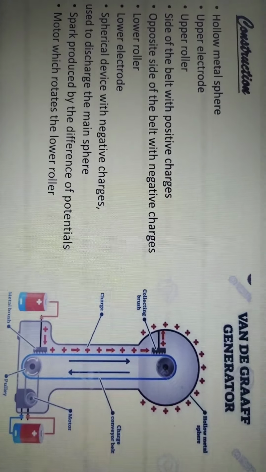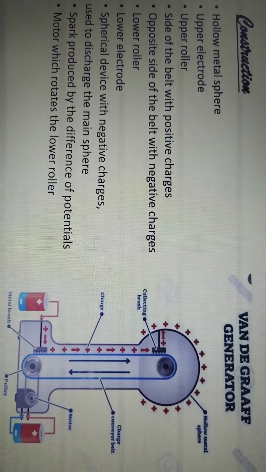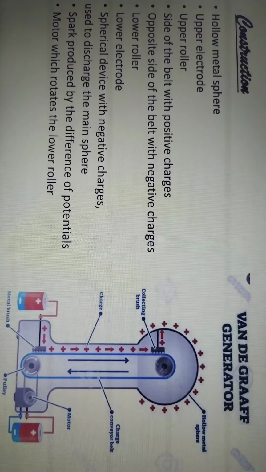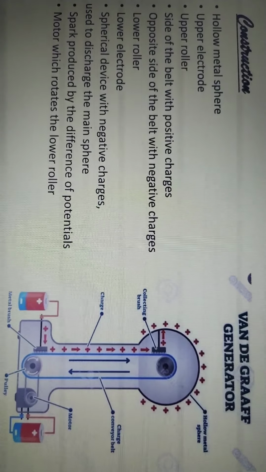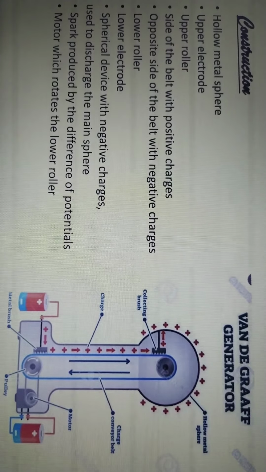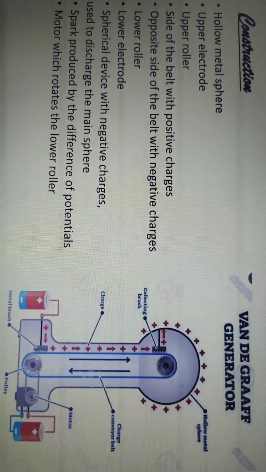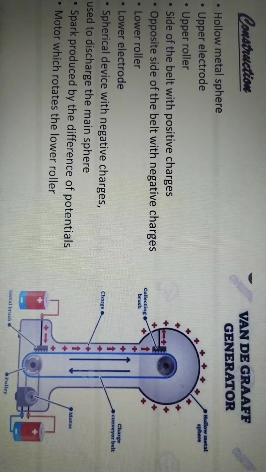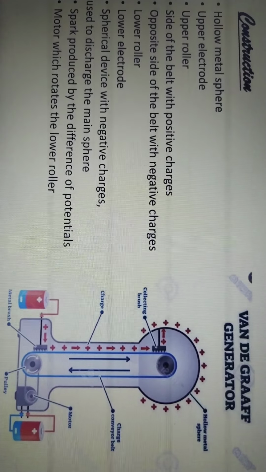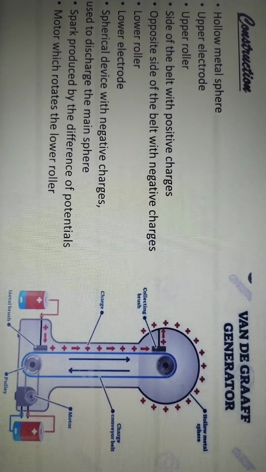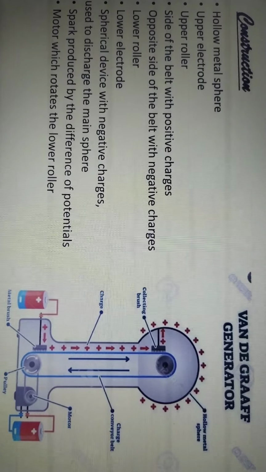hollow sphere. Since the belt continuously carries the positive charges in the upward direction, the spherical shell collects an enormous amount of charges and develops huge potential. It becomes difficult for the surface to hold more and more charges due to the force of repulsion between the like charges on the dome. When the potential of the spherical shell exceeds the breakdown value of air, the air around the shell gets ionized and leakage of the charge takes place.